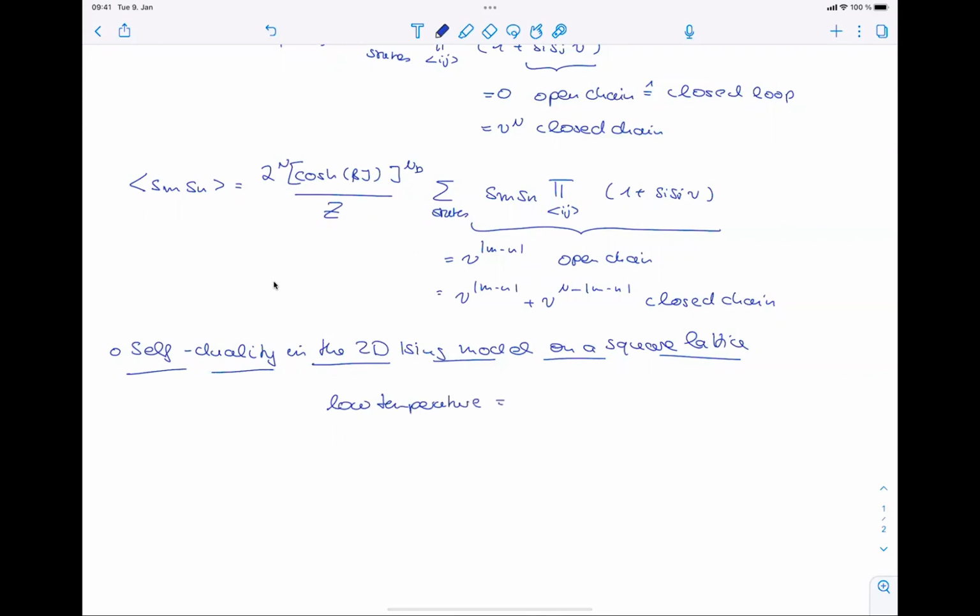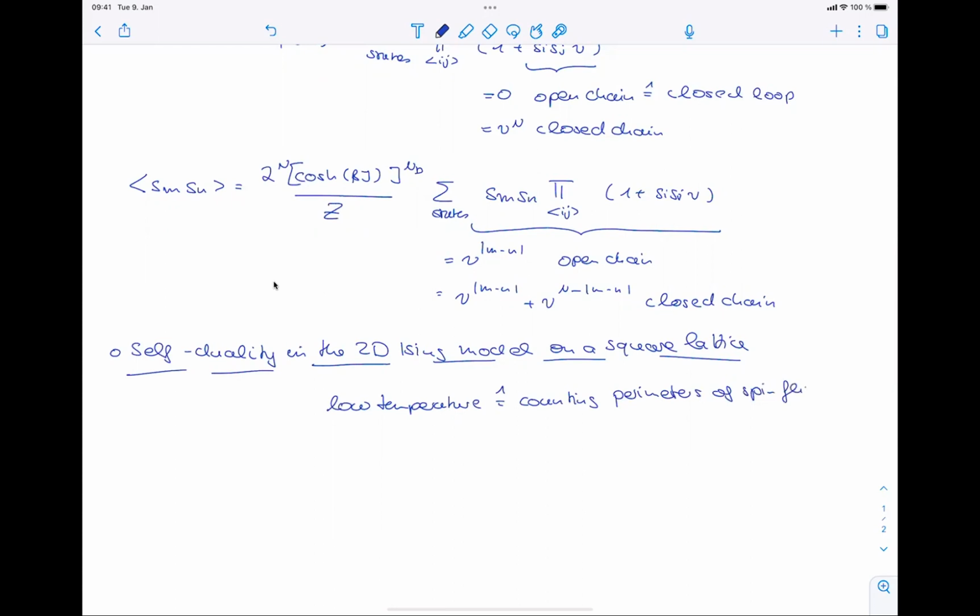So the low temperature series expansion actually amounts to counting the perimeters of spin flip islands, while the high temperature expansion amounts to counting curves in 2D